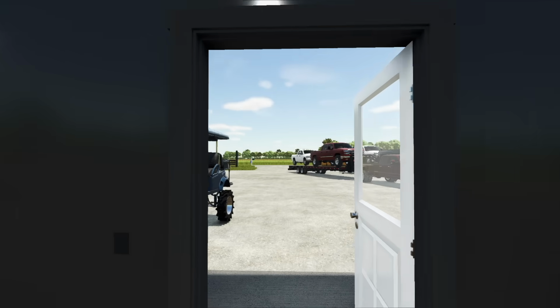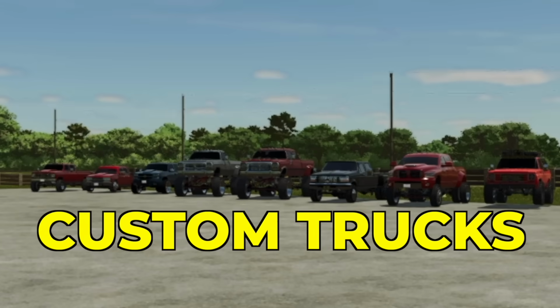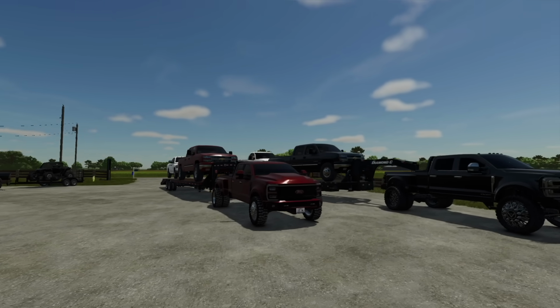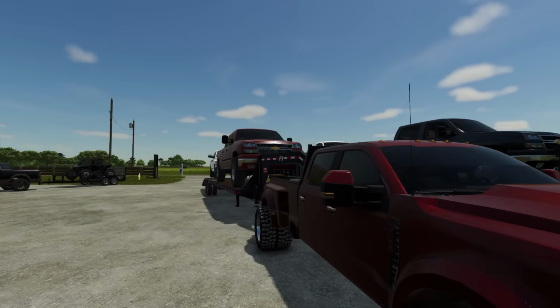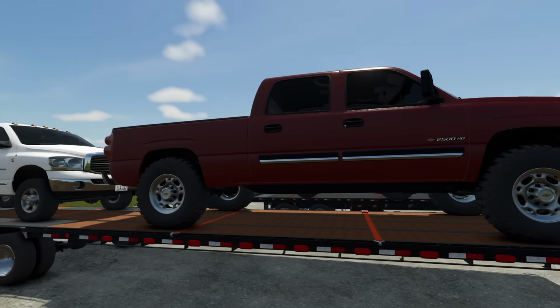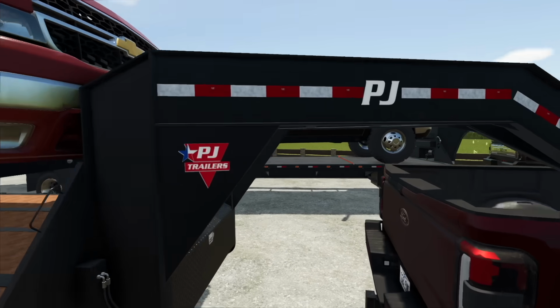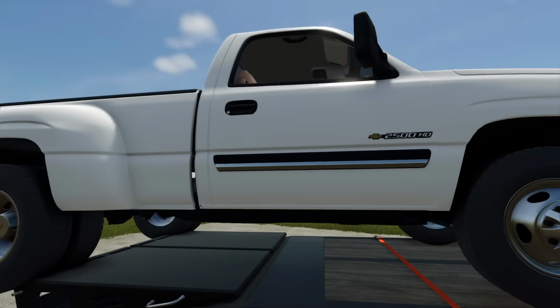Well, boys, it's another day back out here at Elevated AF, my custom truck shop where we build custom trucks. Anyway, as you can see here, we have 4 brand new to me pickups. Now, this is a lot more than we normally get in on a day, but I went a little crazy at the auction and picked these all up. We have 3 Duramaxes, got this crew cab dually, and then my favorite, this single cab dually, as well as